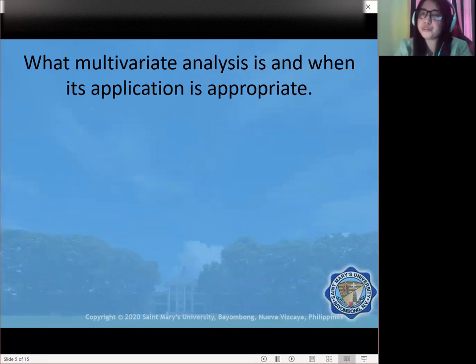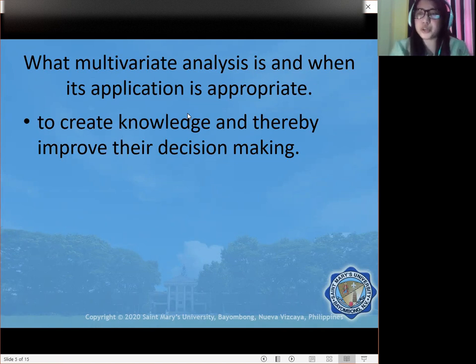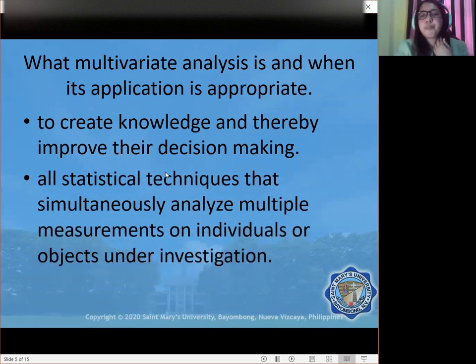Before we move to how to generate data, what to do, or the assumptions in using the different multivariate data analysis, we first need to know important things like what multivariate analysis is and when its application is appropriate. As I have mentioned, this is also used by decision makers. In an organization, for instance, they could create knowledge and thereby improve their decisions by using the analyzed results from multivariate analysis. All statistical techniques that simultaneously analyze multivariate measurements on individuals or objects under investigation is called